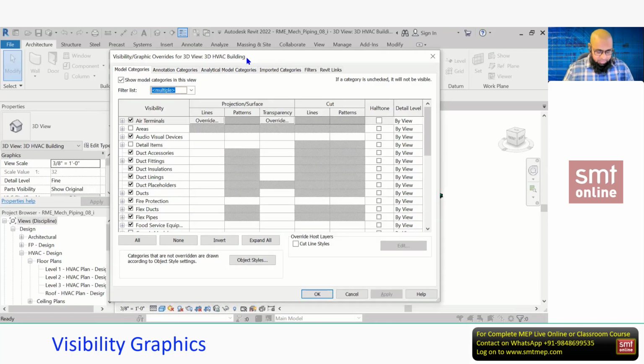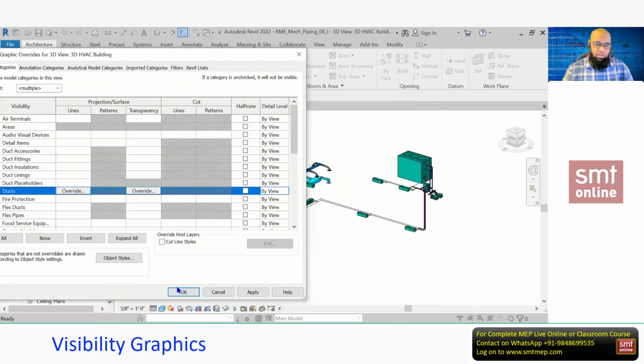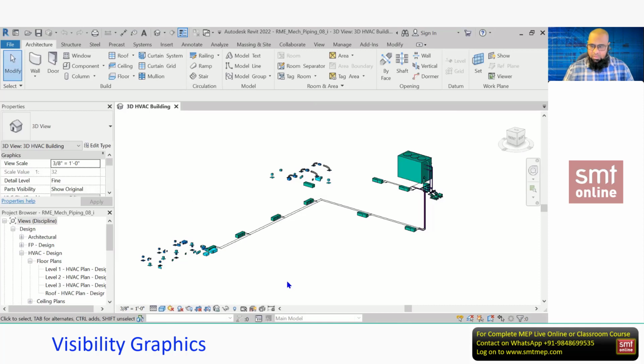Next, we have this. You can write one note, as we already discussed, but have not given in the previous session. But if you want, you can make a note of this. You can write: VG is limited to current view, comma, with VG we can work only on category. You see, for example, if I remove this duct here and click OK, you can notice the complete duct category is not visible here.